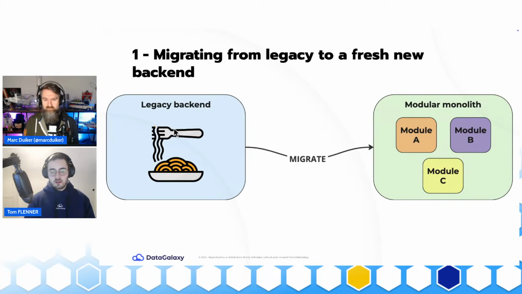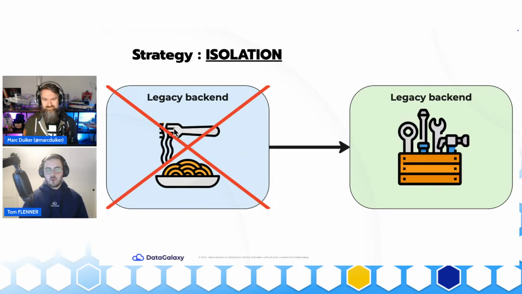For this part, we were seeing the legacy backend only as a huge mess and painful to have. But in the end, we just saw it differently and tried to use the legacy backend as a toolbox and use the internal APIs that were already built to handle specific use cases that we have. For example, our meta model is the main core of our business. All things related to the meta model are already available in the legacy backend, not in a good way, for example, but it's already available.